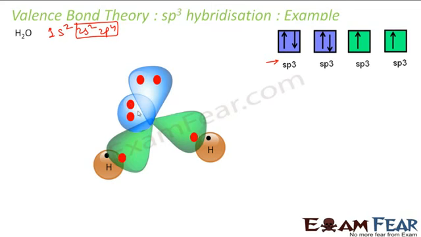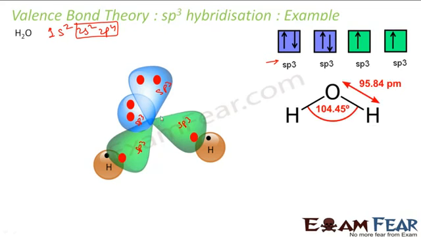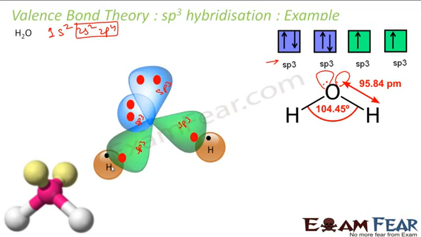So these guys won't go for pairing. These are all my sp3, this is sp3, this is sp3, this is sp3. All are sp3 hybrid orbitals, but 2 are filled with 2 electrons. They won't go for any overlapping. These 2 will go for overlapping. And that's how the structure of water is. If you see, there are 2 orbitals like this, and by VSEPR also it is the same structure, right? sp3, sp3, these are my bond pairs, and these are my 2 lone pairs. My lone pairs are like this, and my bond pairs are